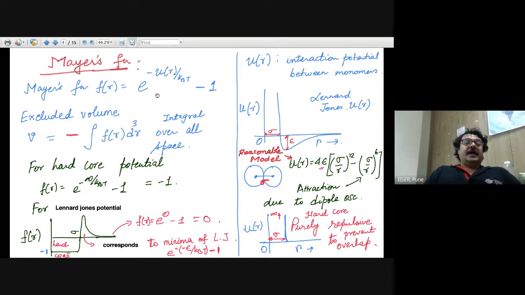Okay. And why it is defined so, what is the physical motivation of it? Of course, we'll discuss it, but we'll do a bit of maths and then come to the physical picture of it. So this is a mathematical definition. That's the Mayer function, and the excluded volume is denoted by v, with a negative sign, the integral of the Mayer function over all of space,